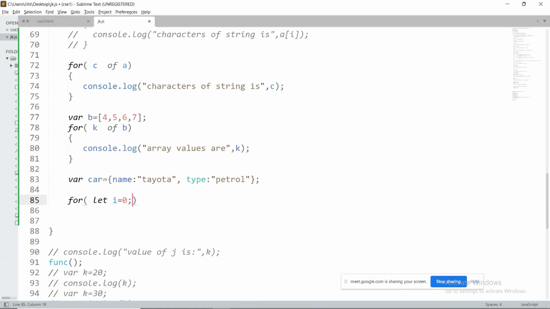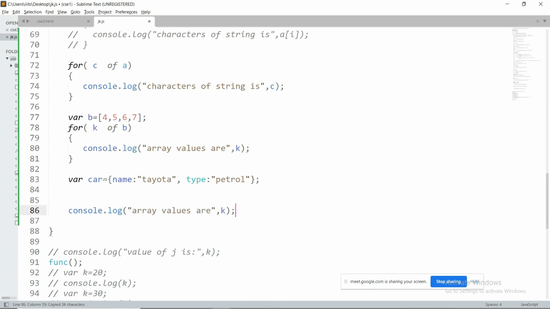And also, it is not possible to count the length of the object. If you want to find out the total number of properties, it is not possible because there is no predefined length keyword for objects. It is only for strings or arrays. So that is not possible here. So normally, how can you access the values of